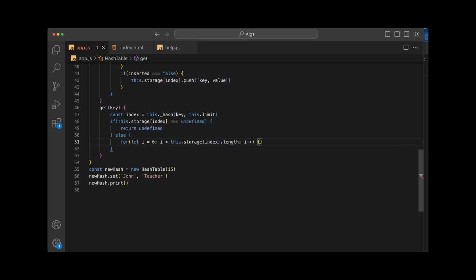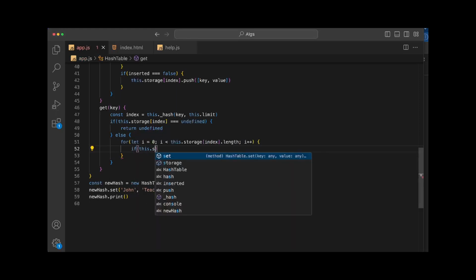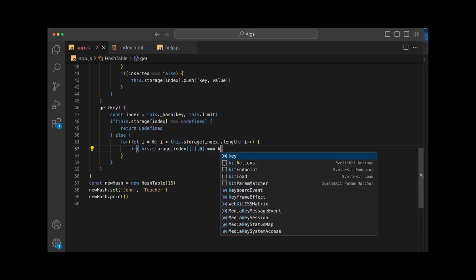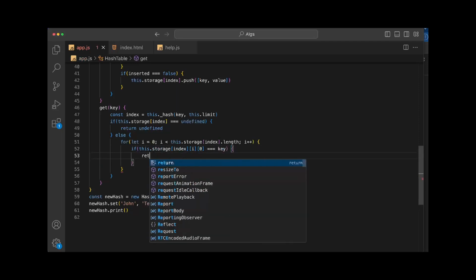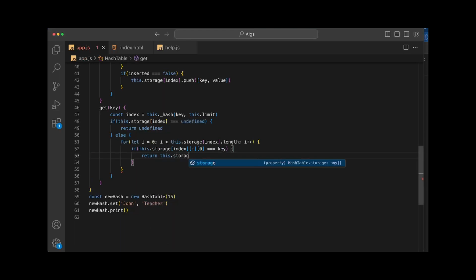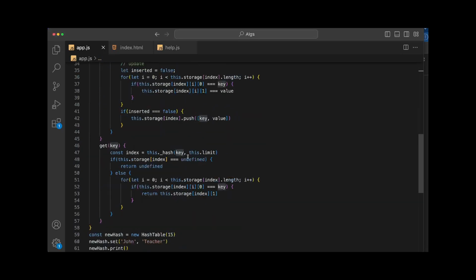Now if this.storage[index][i][0], the key, return this.storage[index][i][1]. Basically, if we didn't have that index, just say we don't have it. If we have it, we go through the index, and when the key is equal to the key provided, we